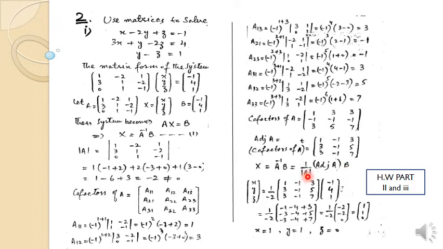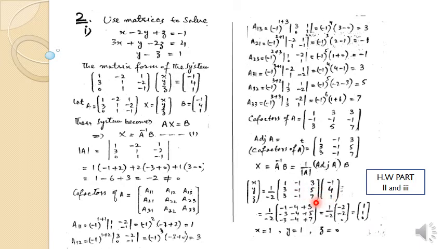That's why I am saying that the determinant of A must not equal 0. If we put 1 upon 0, then something upon 0 equals infinity. So the determinant must not equal 0. Now students, 1 upon determinant of A equals -1/2, and the adjoint of this matrix equals this. So we write here the adjoint of the matrix. And what is the matrix B? Matrix B equals -4, 1, 1.